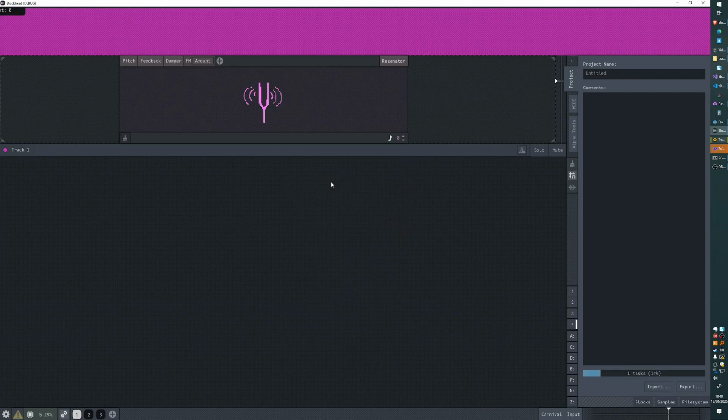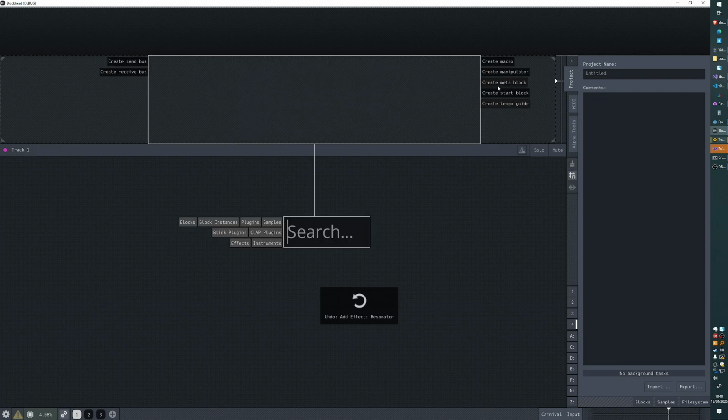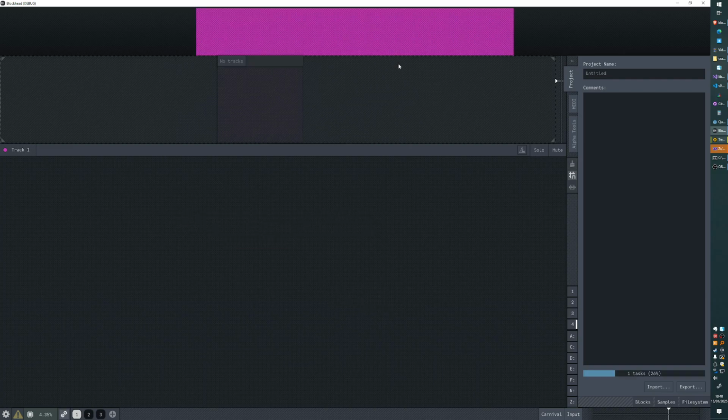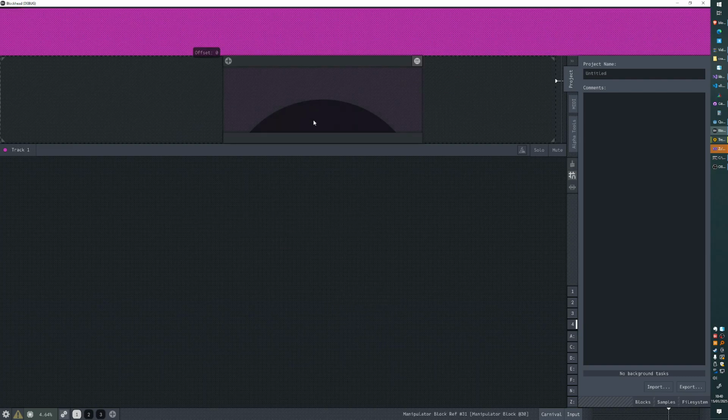So you can search for something here if you want to create a resonator, for example, or whatever. All these different types of blocks. Yeah, that's a bug. I need to fix the size of the macros. Anyway,